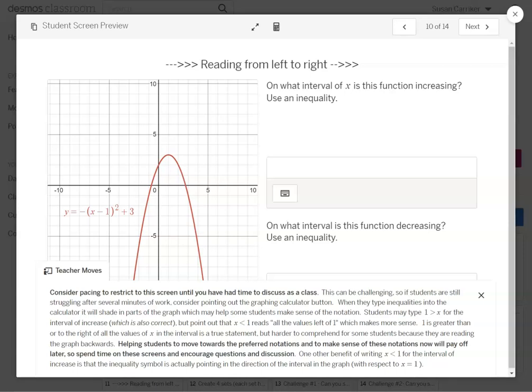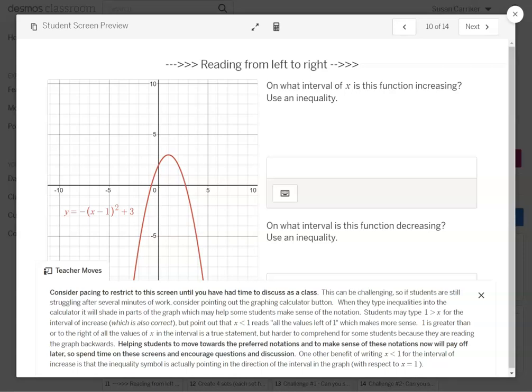Let's say the graph is increasing to the left of x equals 1. Well, you could say 1 is greater than x, which is true. 1 is greater than x, and x is less than 1, which are equivalent expressions. But we want to lead them towards the x is less than 1 for multiple reasons. For one thing, it makes sense,